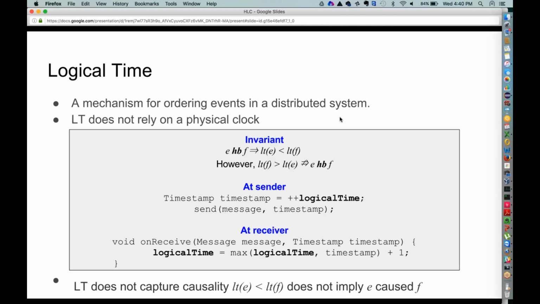The idea is that you want to order these events so that you can reason about what happened before what other event. And logical time provides you a mechanism to do that. The way it is implemented is, think of every node carrying a clock, and this clock is nothing but a simple counter. Whenever an event occurs, again, this event is scoped to that local node, it increments the counter.